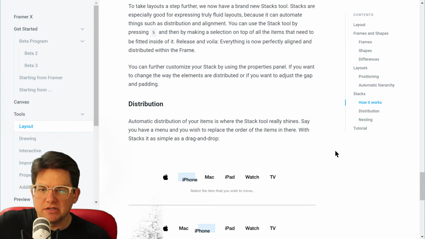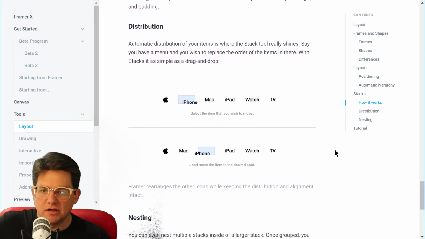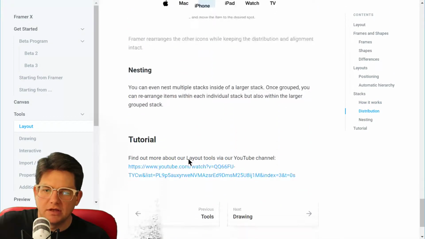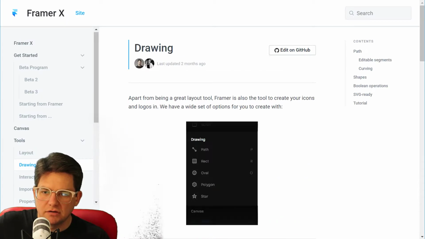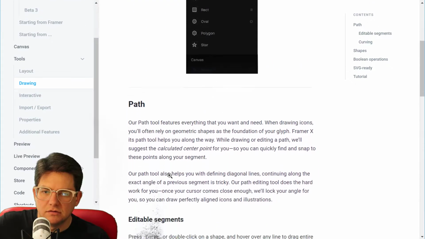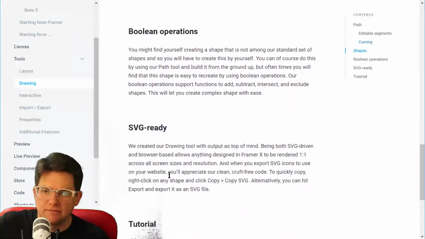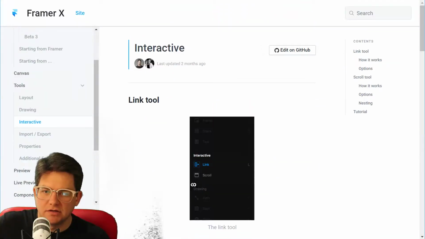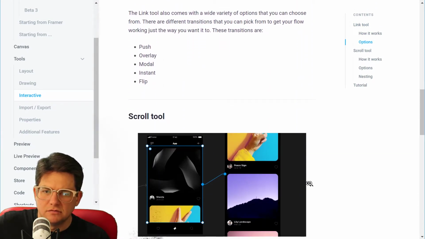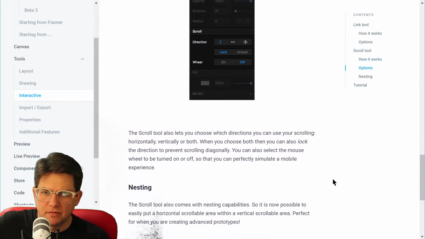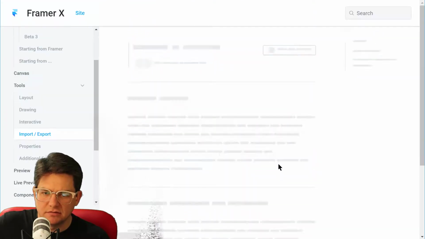You can further customize the stack by using the Properties panel. Distribution, nesting, tutorial. Neat, okay. Drawing. Interactive. Link. Scroll tool, options, nesting, import, export,